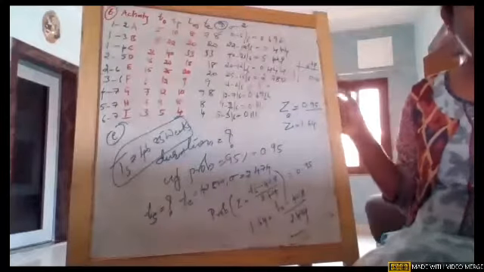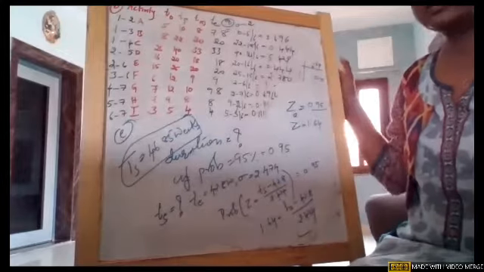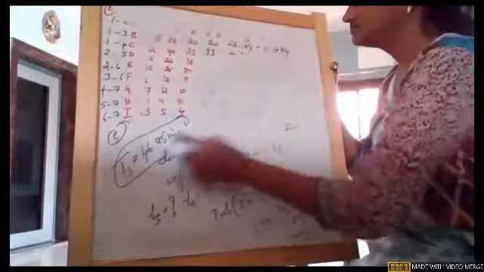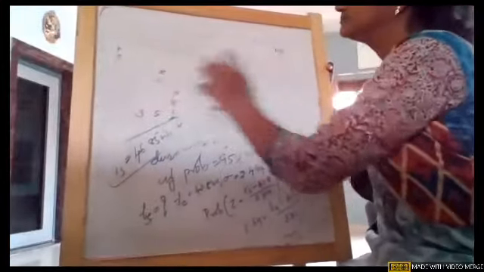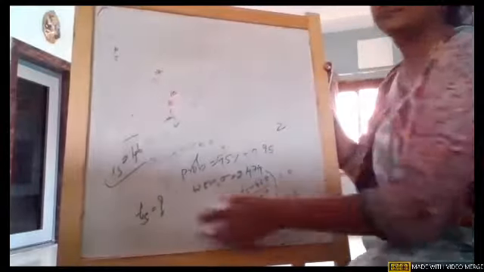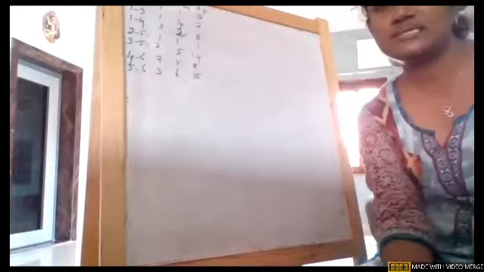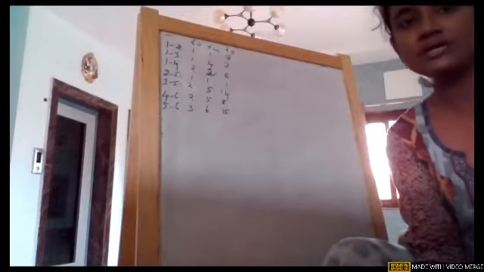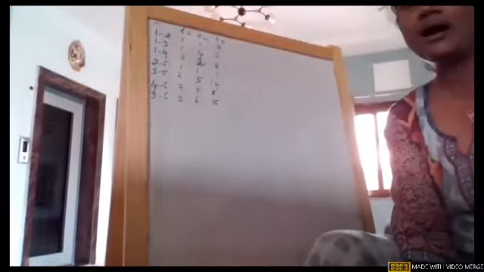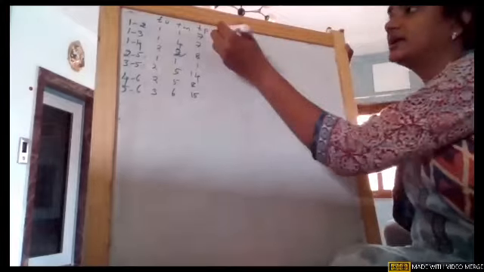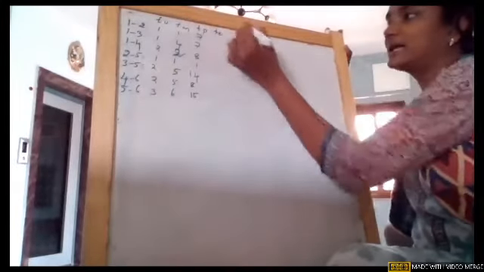Okay, so this is our seventh question. First, what are we supposed to do? In question 1, they're asking us to find the estimated time and variance. So first we need to calculate TE.